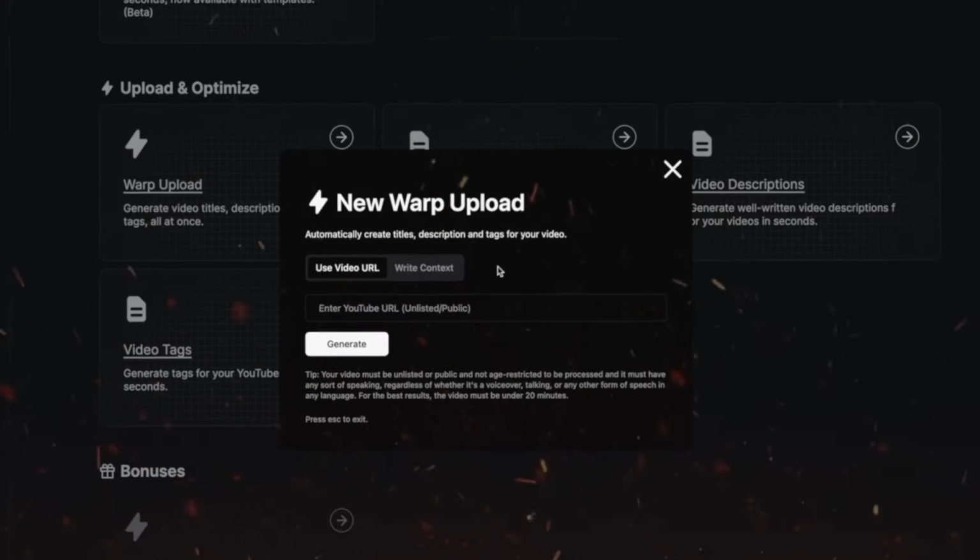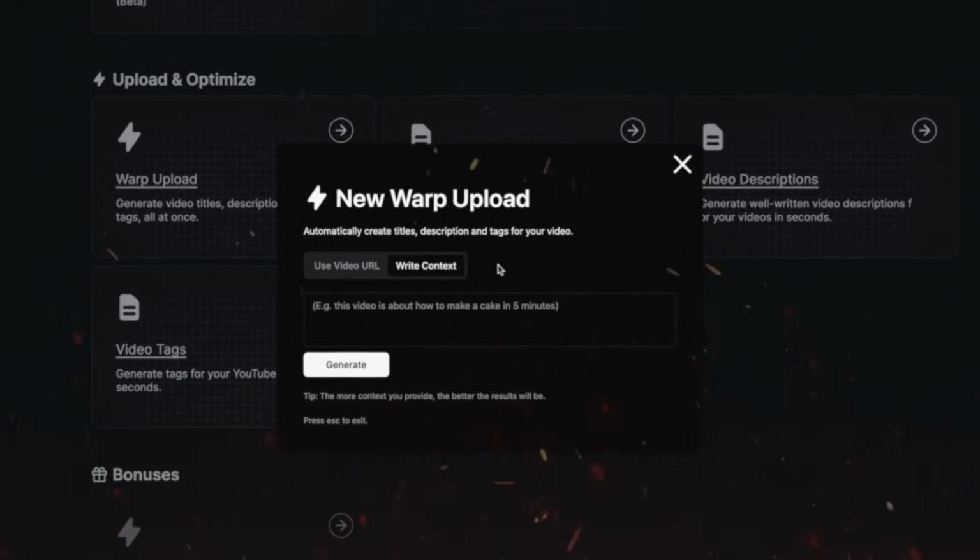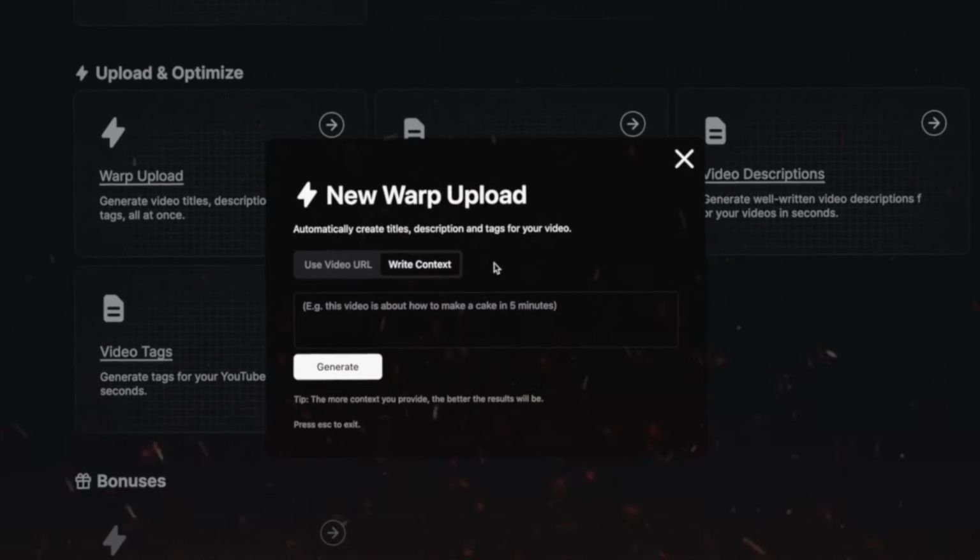And the way it works is it actually looks at the captions to see what's being said within the video. So if you're talking a lot about technology, it knows that your video is about technology. Or if you're talking a lot about, let's say software, then it's going to know your video is about software. But if your videos don't have any talking, you can actually just write in the context and generate it like that, which honestly, I appreciate that TubeMagic looked that far ahead for channels that don't have any talking within their video.